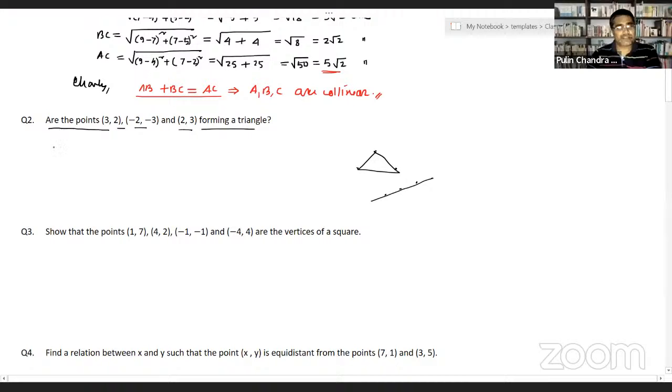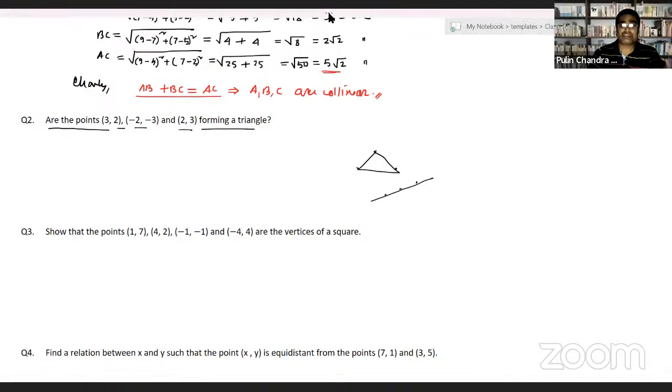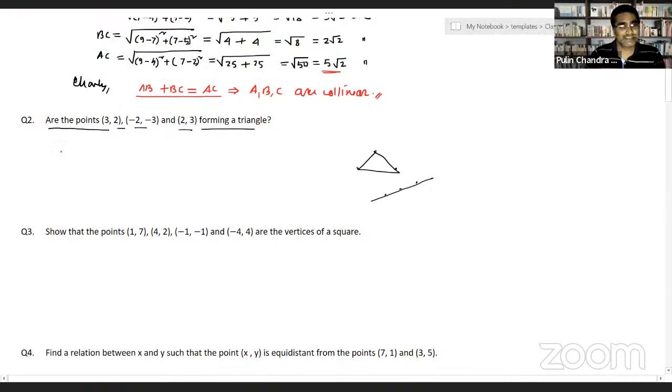So now we are going to show. Here we do not have the names of the points. So our first thing is to name the points, because you have to make it a little formal. Earlier in the first question, we had the names. So first let us do the naming. Given points are,